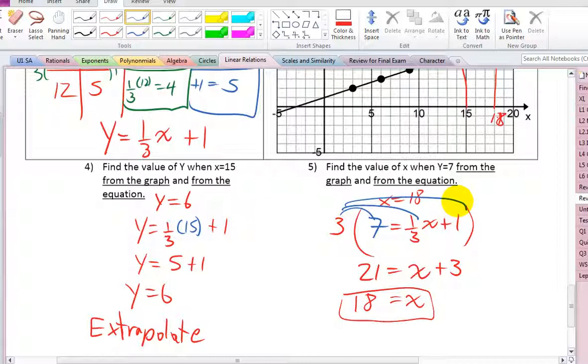Questions, comments, concerns? Did you have to do it this way? No, you could have solved it differently with the fraction because it's an easy fraction. But the best thing to do, which we do all the time in grade 10, is get rid of your fractions. So much easier. You don't need a calculator then. All right. Okay. Any questions